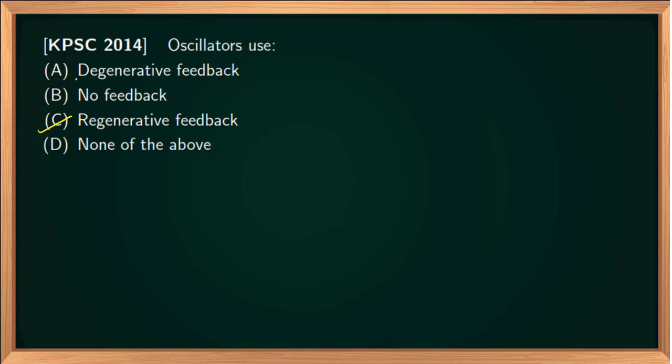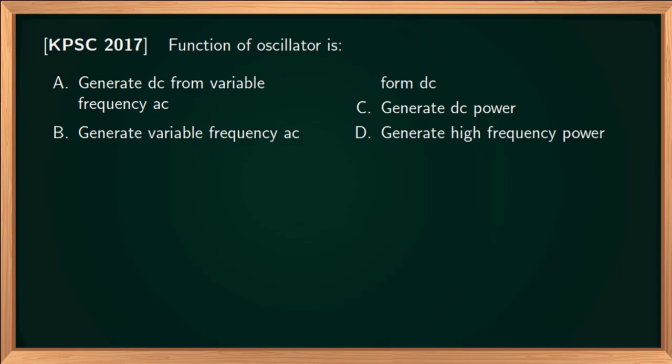Feedback amplifiers use negative feedback, which is also known as degenerative feedback. The overall gain in degenerative feedback is A by 1 plus A beta. In regenerative feedback, the overall gain is A by 1 minus A beta. So the correct option is option C. Let us move on to the next